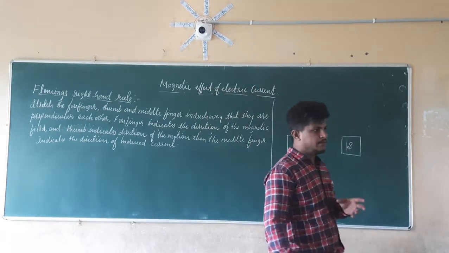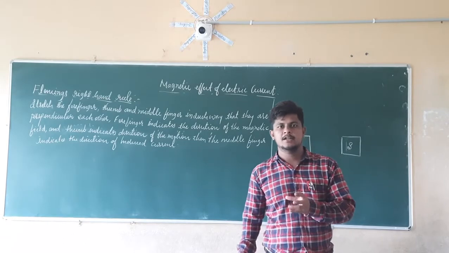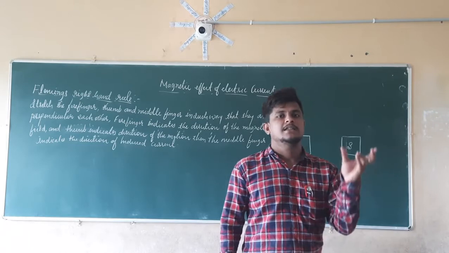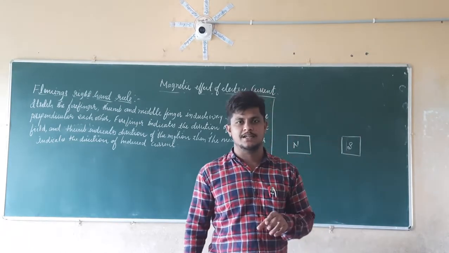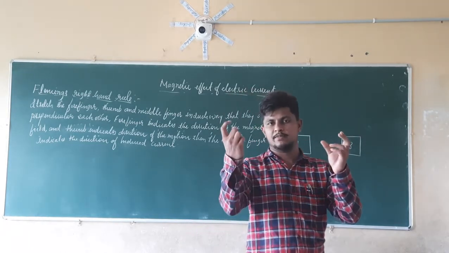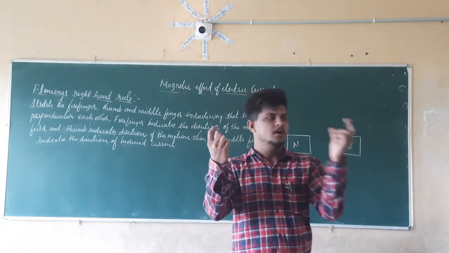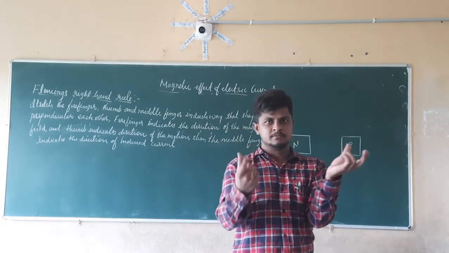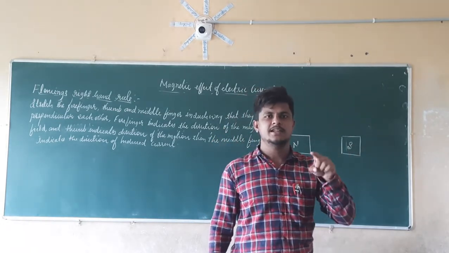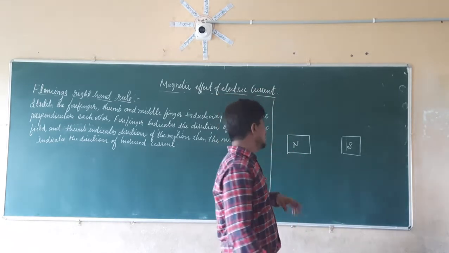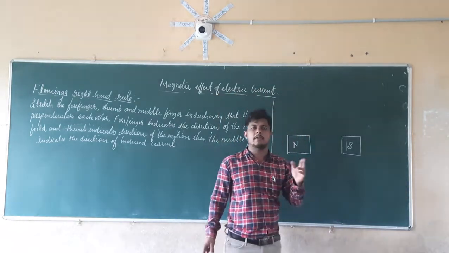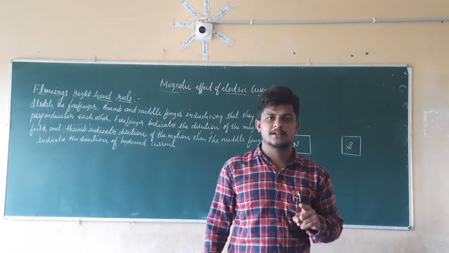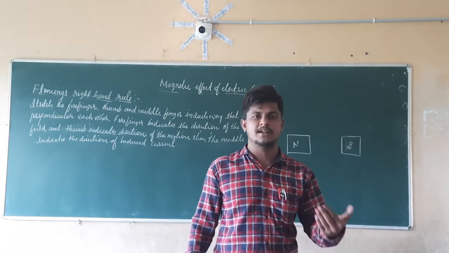So if we move a magnet towards the coil, if there is relative motion between the magnet and the coil, then it is going to induce a current in that conductor. If you remember the previous example, we keep the coil here and continuously move the magnet towards the coil and away from the coil. Then the induced current comes. So we already know that to induce a current we require a magnetic field as well as a moving conductor, or we should change the magnetic field continuously.